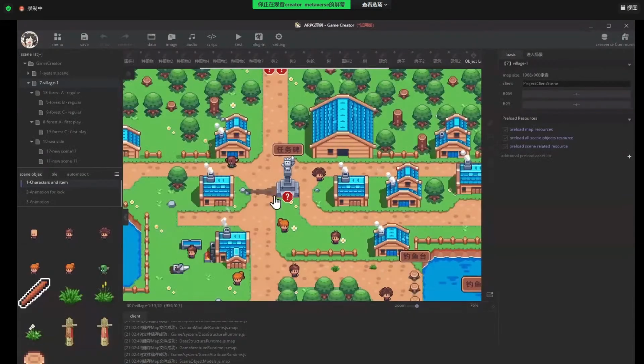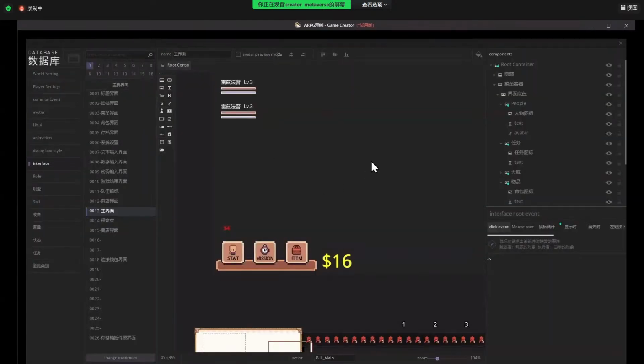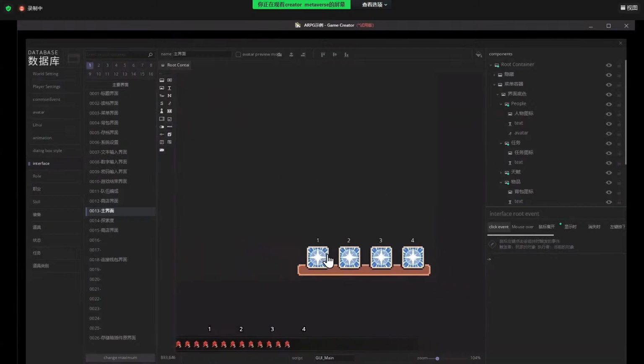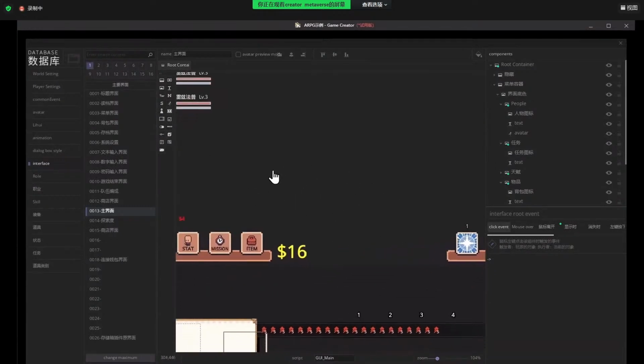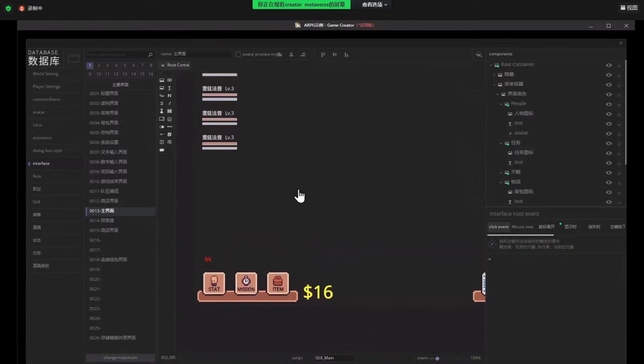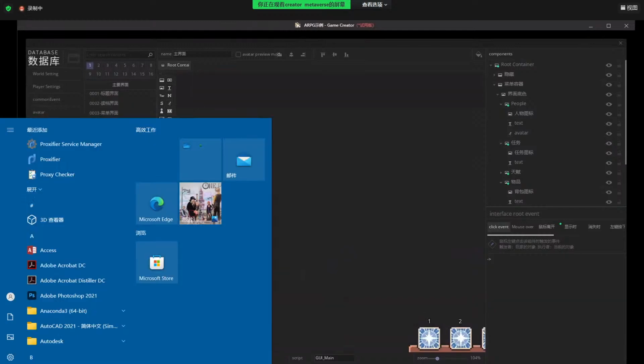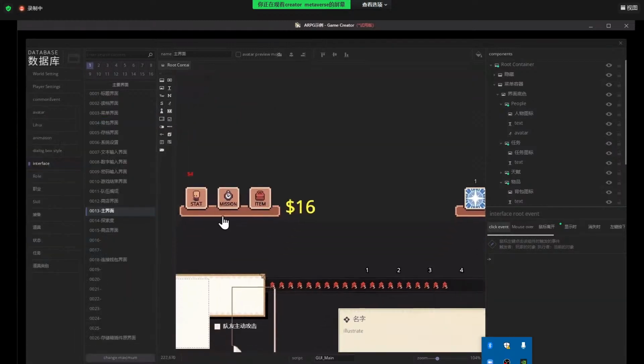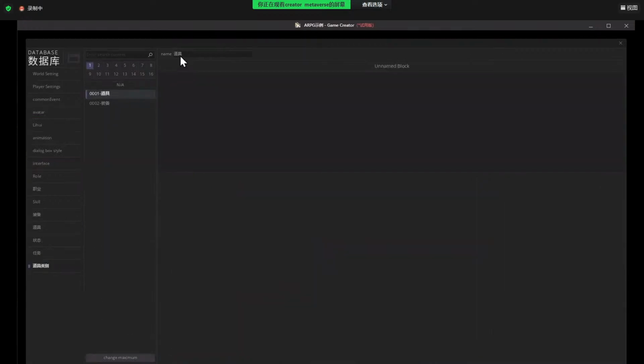Okay. Here's the skills. And then we change the items into items, equipments into equipments. Click apply here.